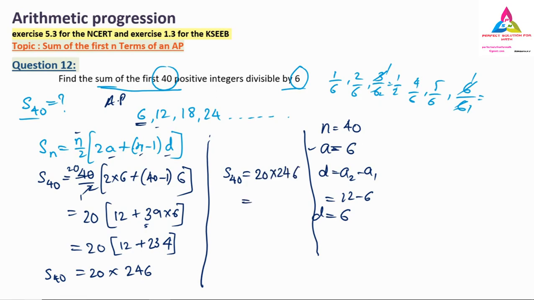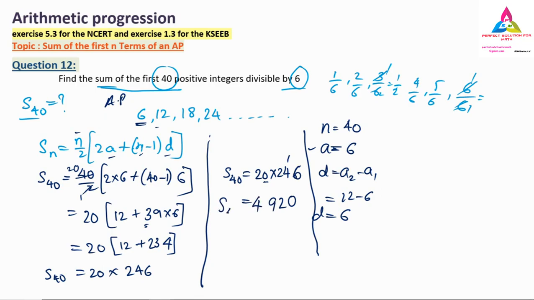Now again, several students will take 6 and multiply with 20, then take 4 and multiply with 20, and 2 again multiply with 20. If you do it that way, it will take more time. So go directly with the 2 ones. If you don't know, at the end of the 20 we have 0, so that 0 we can write down last. 0 once we will write, and 2 ones are, you know, 2 ones multiply for this 246. 2 sixes are 12, carry 1, 2 fours are 8 plus 1 is 9, 2 twos are 4.